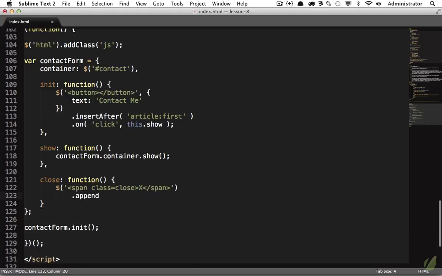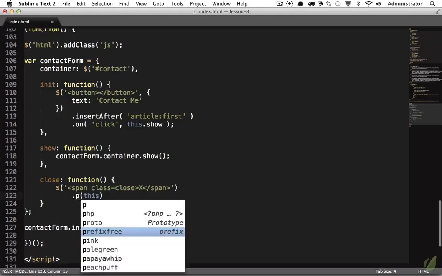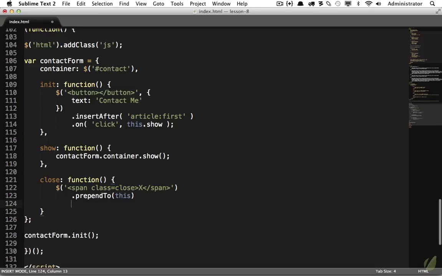We're going to append it to, and what will this refer to in this case? And the truth is, this can refer to whatever you say it does, but you have to be explicit about that. So when we call this function, I want to make sure that this is going to refer to the container or the div with an ID of contact. So keep that in the back of your mind. This is the contact div. So we're going to append that X span, or why don't we change it to prepend to,